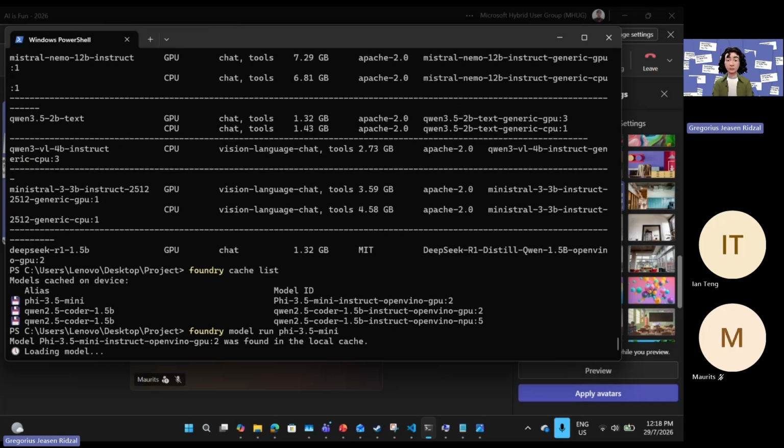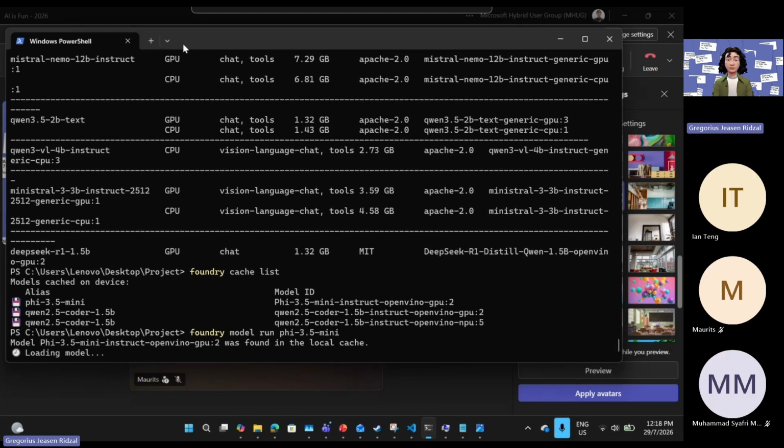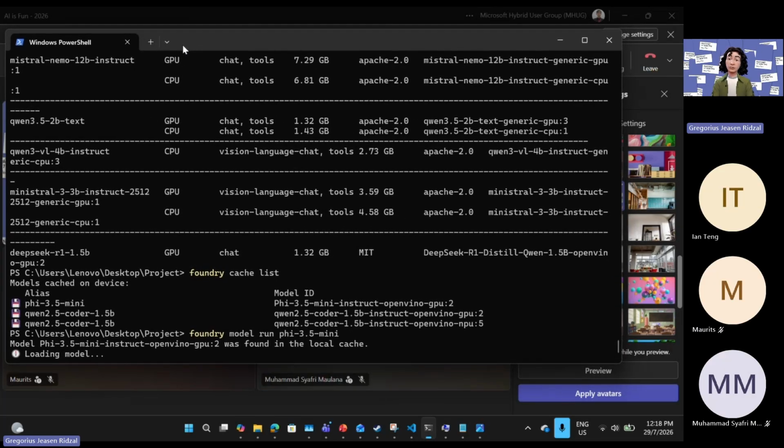And here we go. It's going to take a little bit to run. I think under a minute. This 1.5 billion parameter one under Qwen takes, I think, over a minute to get started from cold. So let's see how it comes up. Have you had anything like this before, Ian?